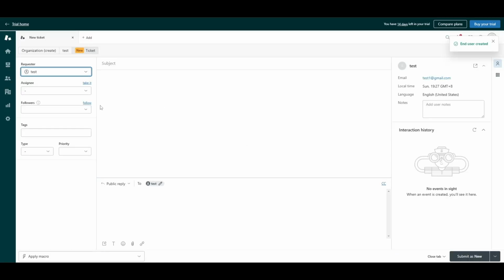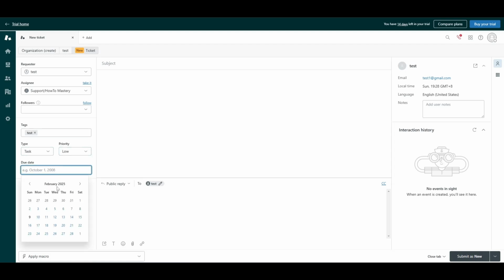Now after adding that, just add your assignee. So I'll just choose this one, and then add your followers if you have, and then add the tags. So I'll just add in task tag here. So as for the type, choose the type. So I'll just choose task here, and then as for the priority, I'll just choose low. Then as for due date, let's say I want this ticket to be due by tomorrow, and then